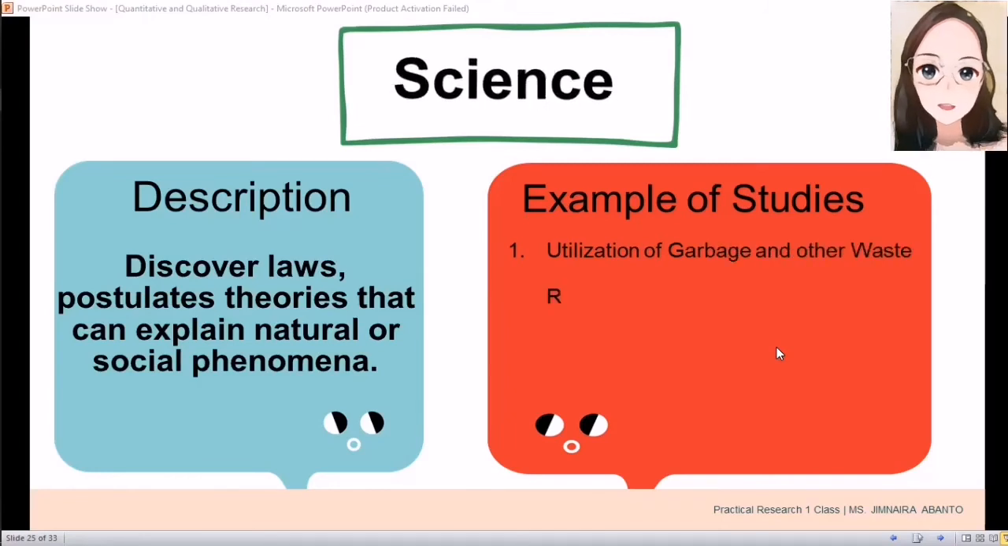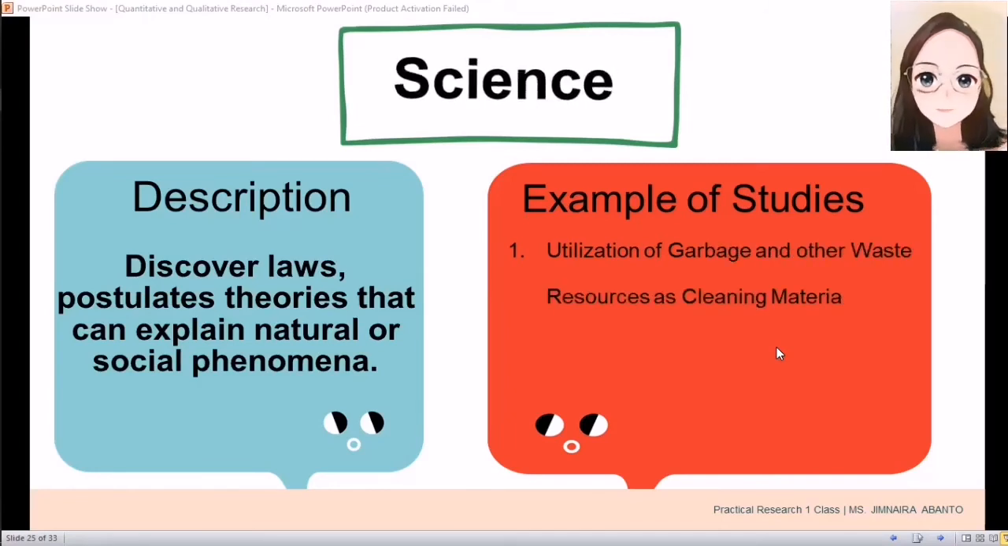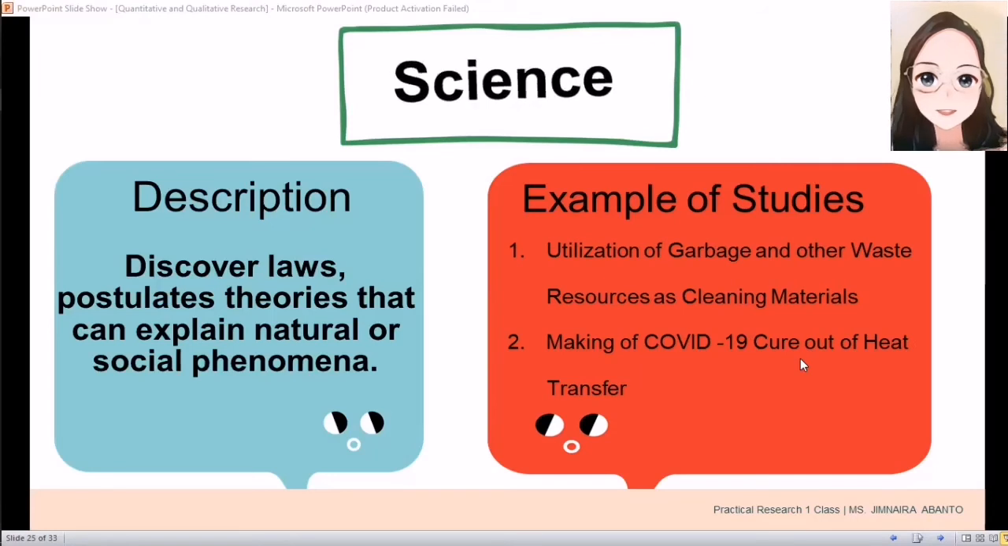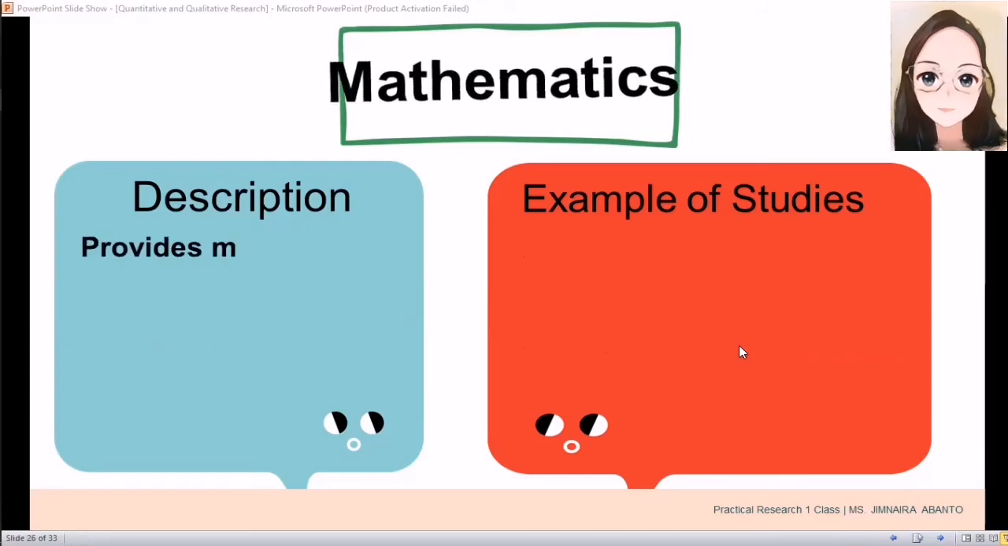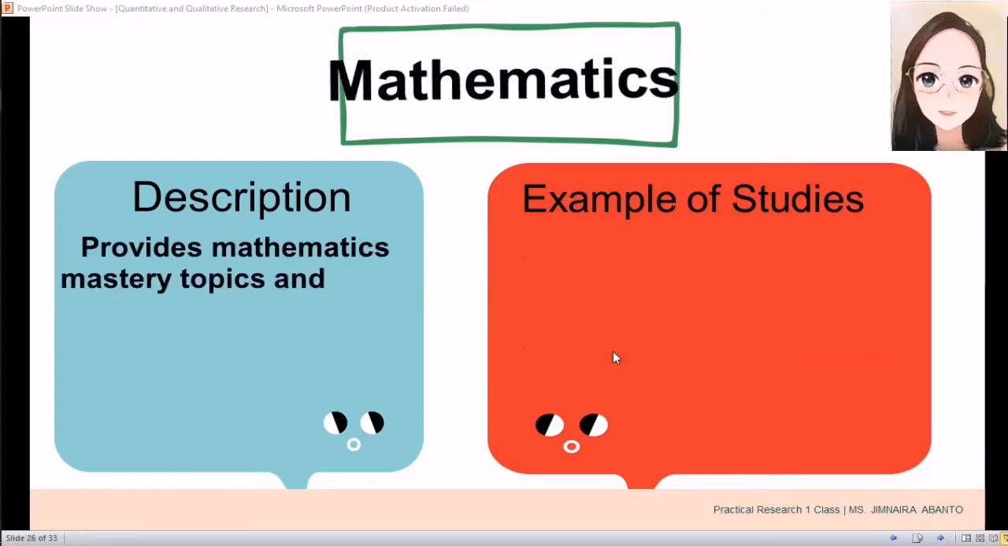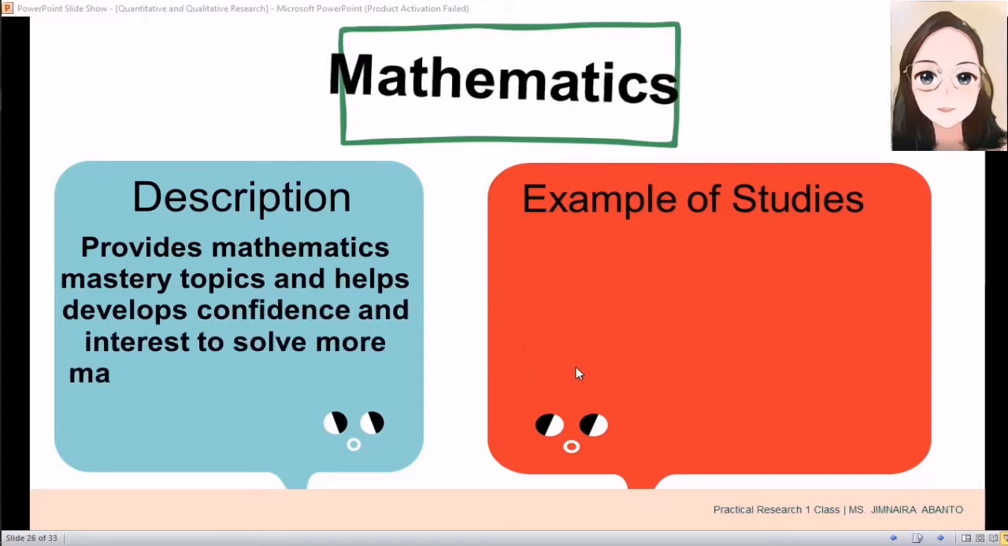utilization of garbage and other waste resources as cleaning materials, making of COVID-19 cure out of heat transfer. Another example, the role of sugar in food preservation, making soup out of guava, or electrical resources out of fruits and vegetables. Next, mathematics research is a study that looks at the mathematical problems to enhance critical and logical thinking